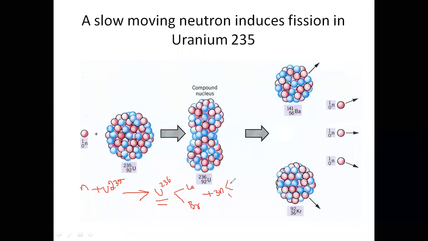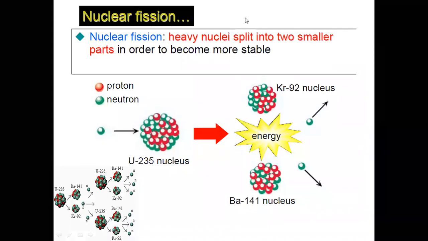Again, here we add one small neutron, and again we get the same thing. The chain process: now three small neutrons are released. In the next stage, 9 neutrons are released, and after that we get 27 neutrons. In this example, the splitting of the heavy nucleus, uranium 236, gives bromine and krypton, and releases three small neutrons. Again the chain process goes on. This is nuclear fission, the splitting of a heavy nucleus into two or more small nuclei. Here we get a chain reaction.